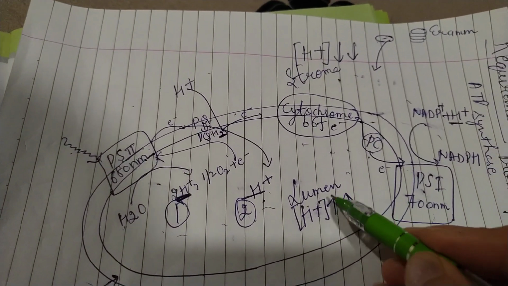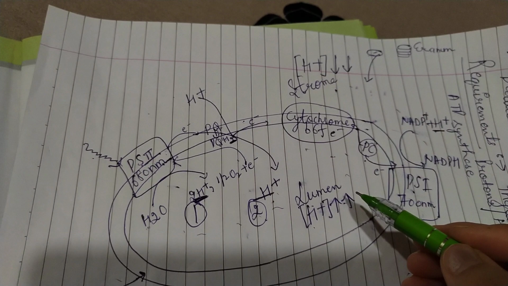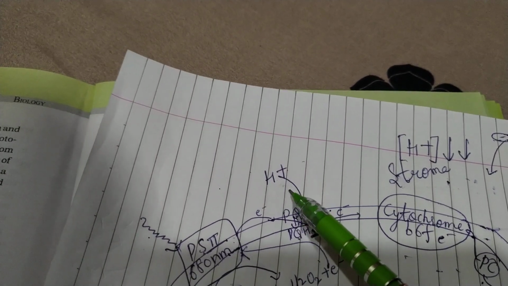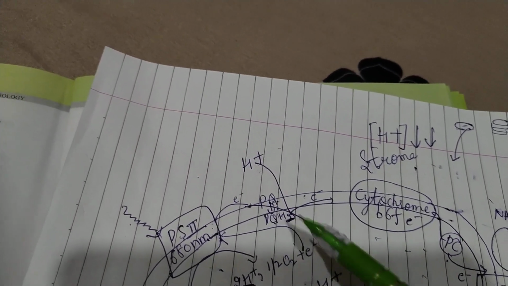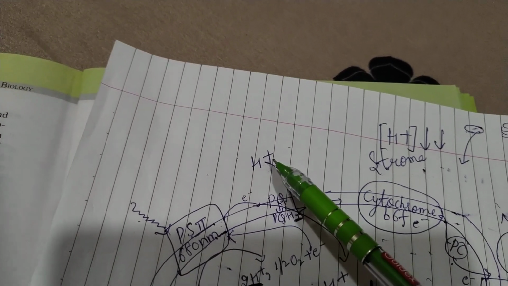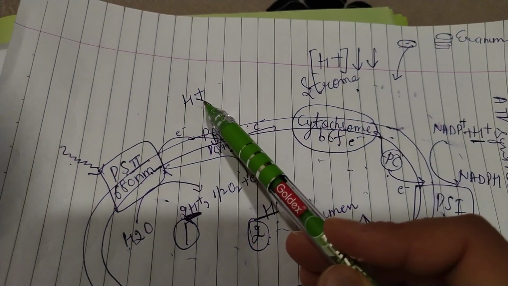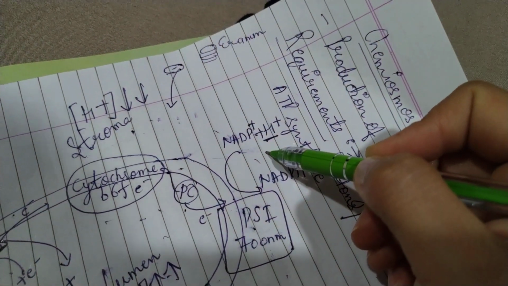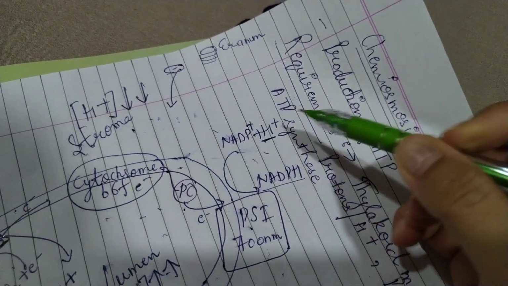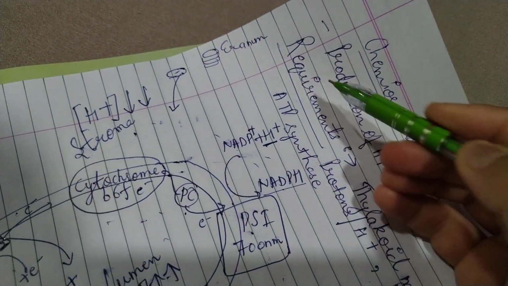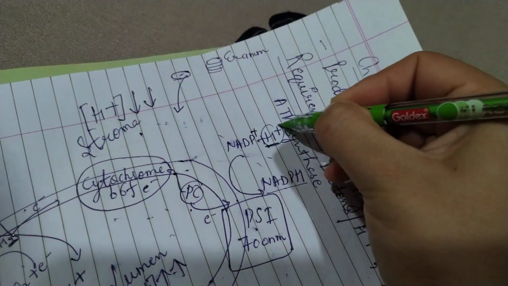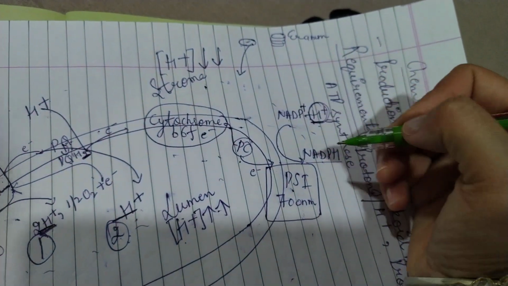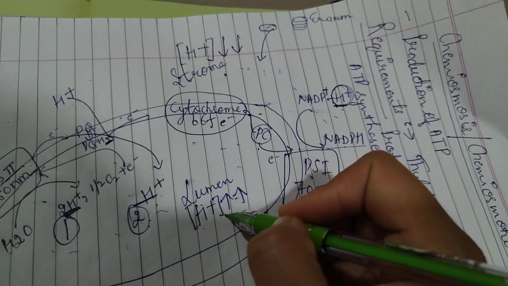तो इसका मतलब ल्यूमन के अंदर हाइड्रोजन आयंस की कंसंट्रेशन बढ़ती जा रही है. और स्ट्रोमा में कैसे कम हो रही है? Because ये जो हाइड्रोजन आयन है that is being pumped from stroma to the lumen. प्लास्टोक्विनॉन ने स्ट्रोमा से हाइड्रोजन को ल्यूमन के अंदर भेज दिया. तो स्ट्रोमा में हाइड्रोजन आयंस कम हो रहे हैं, right. और स्ट्रोमा में कैसे हाइड्रोजन आयन कम होगा? By the production of NADPH. NADPH की फॉर्मेशन के लिए आपको जो प्रोटॉन्स चाहिए they are being utilized from the stroma. So it means स्ट्रोमा में हाइड्रोजन आयंस की कंसंट्रेशन कम होती जाएगी and ल्यूमन में हाइड्रोजन आयन की कंसंट्रेशन बढ़ती